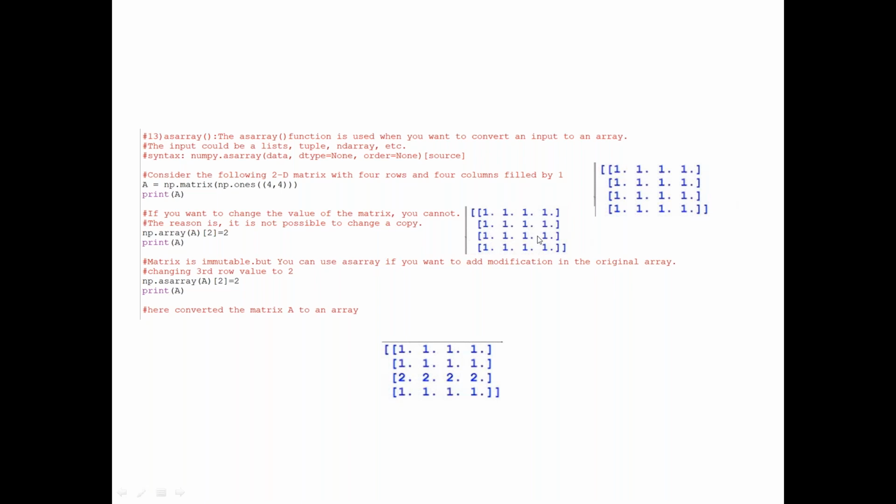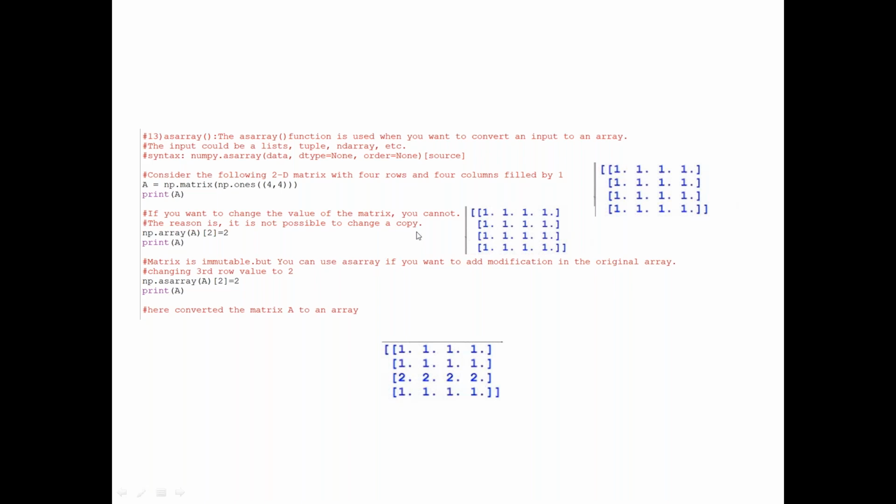You cannot apply any aggregation function or any manipulations on a matrix using numpy, though it is an array. In those scenarios, I can use a function called asarray. So you can see here np.asarray, the dataset name, square bracket, which row you want to change, equal to 2. When you print it now, you can see the third row is changed: 0, 1, 2 is nothing but the third row. The third row has become 2.